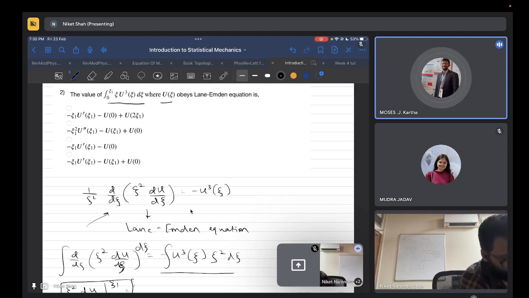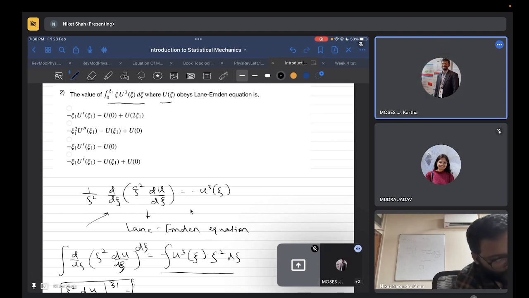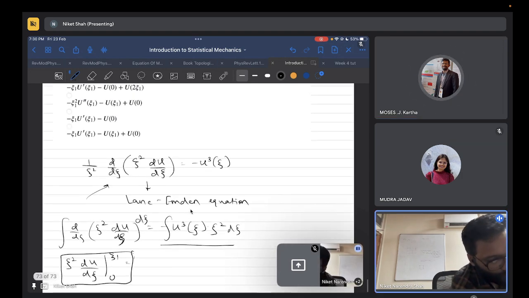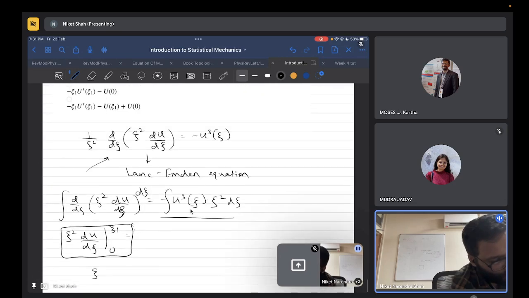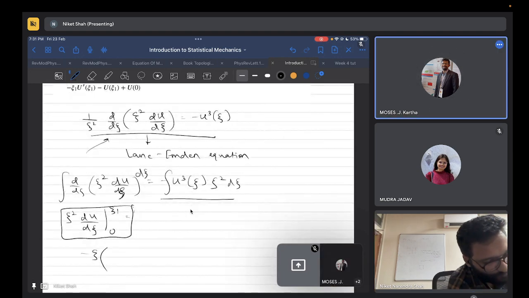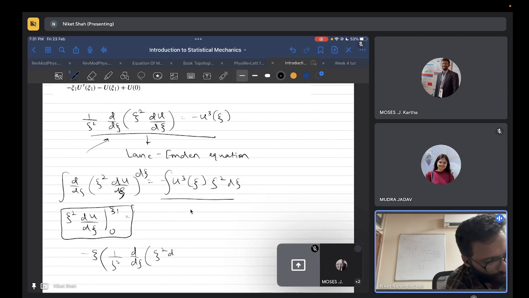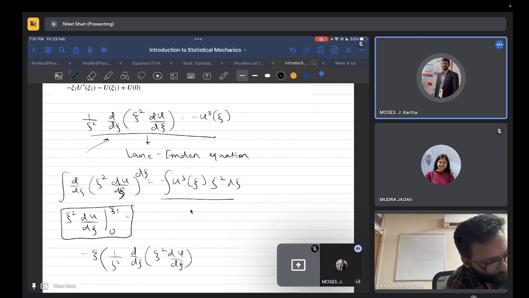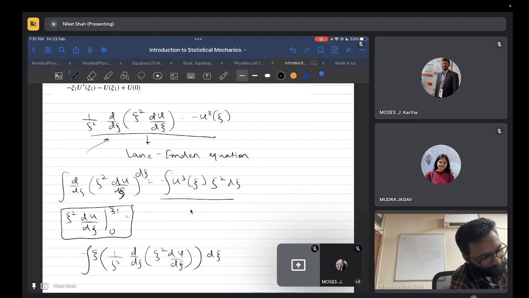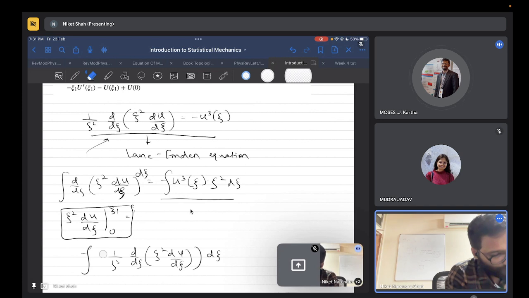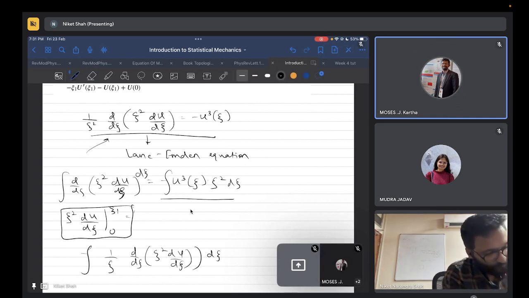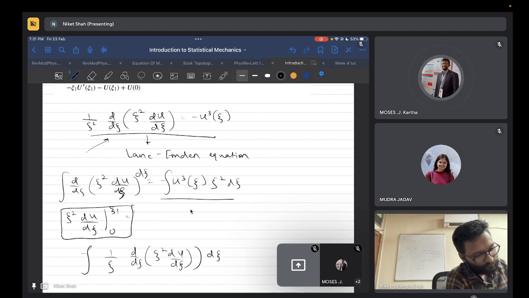Okay. You're saying I'll just write chi into what can I write as u cube of chi? u cube of chi comes out to be from here. From here, I'll be writing negative of 1 over chi square d by d chi into chi square du by d chi. And I want to integrate this. Okay, so now my integral,